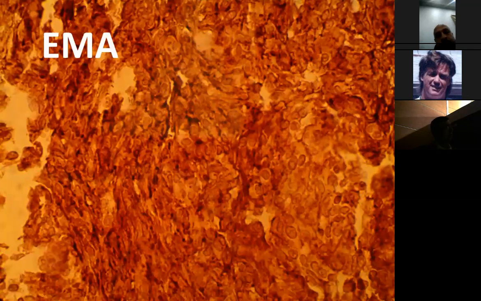For meningeal tumors, we're starting here with immunohistochemical stains. We use them to characterize the tumor and for prognostic features. EMA is the epithelial membrane antigen, a specific marker that highlights meningeal cells. As you can see, they take the brown color. This is specific staining for meningioma, confirming the diagnosis of meningioma.